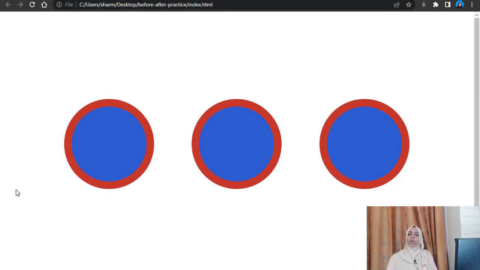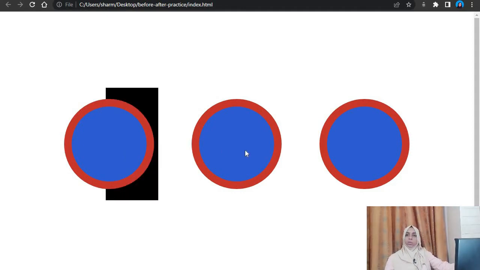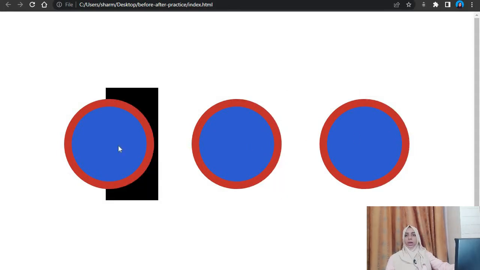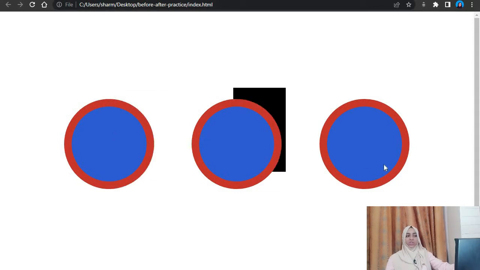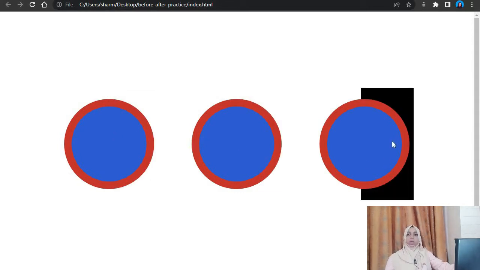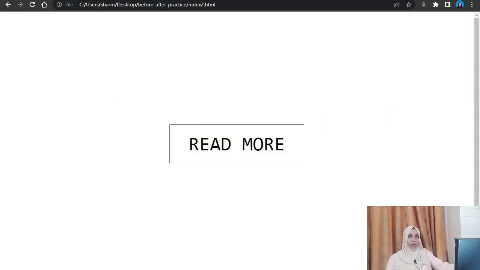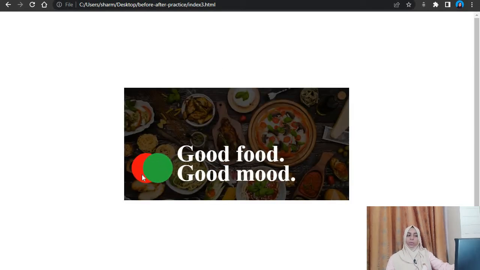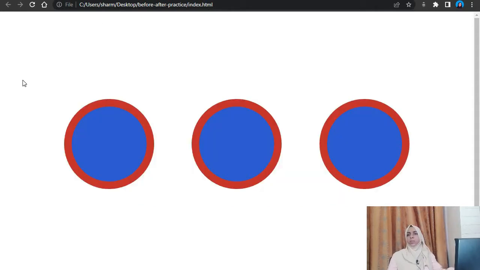In this video I will only be showing you 3 different examples, which are these ones. So when you hover, you see the black color thing that is coming right behind on hover, and you can see the transition effect as well. The black colored bar on the back is made using the after. And here the second example, this thing also we will be making using before and after, and this is the third example where these 2 elements are coming from your before and after. These will be the 3 examples where we will be learning how you can implement before and after.